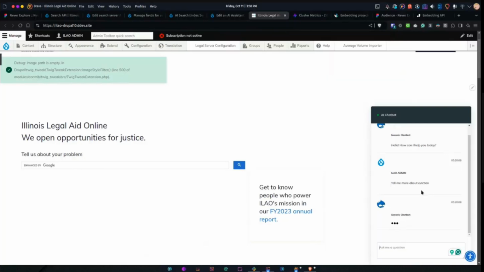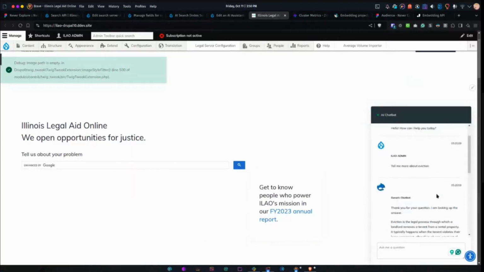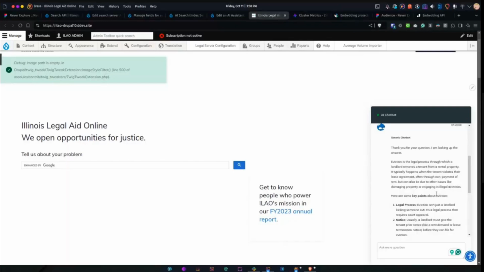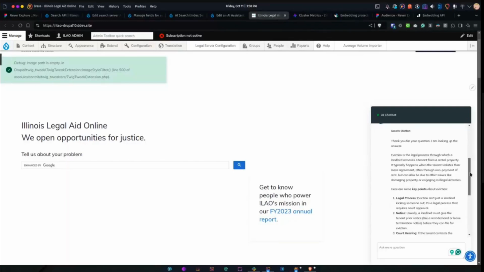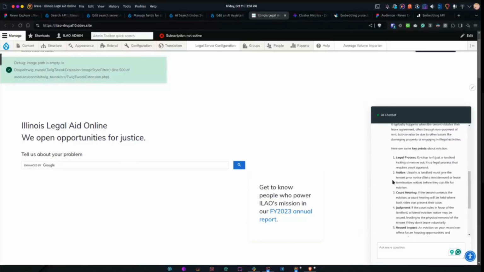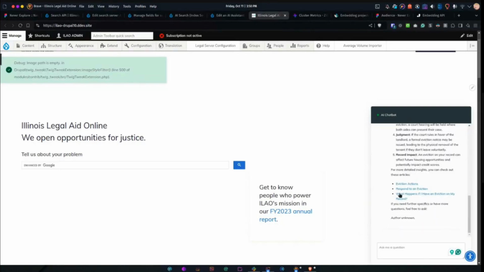It usually doesn't take this long, so it's definitely not working. Oh, oh my God, this works. This hasn't been working for a couple of days. Lucky me, it worked on a call. All right, so there you have a formatted response. It also uses Markdown. I guess the chatbot module already has a way to convert Markdown into HTML, and it also gives you all the data that it refers to